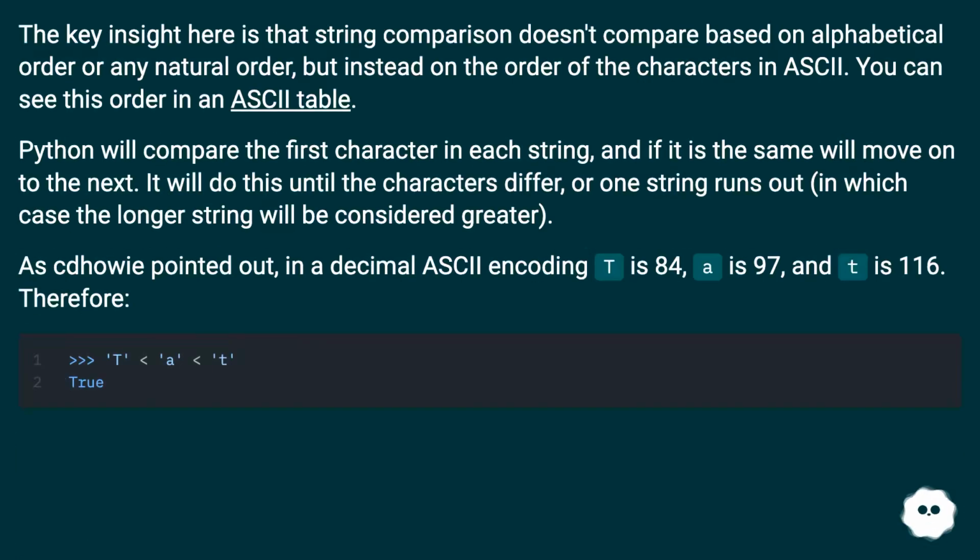The key insight here is that string comparison doesn't compare based on alphabetical order or any natural order, but instead on the order of the characters in ASCII. You can see this order in an ASCII table. Python will compare the first character in each string, and if it is the same will move on to the next. It will do this until the characters differ, or one string runs out, in which case the longer string will be considered greater. As Sidawi pointed out, in decimal ASCII encoding T is 84, a is 97, and t is 116. Therefore,